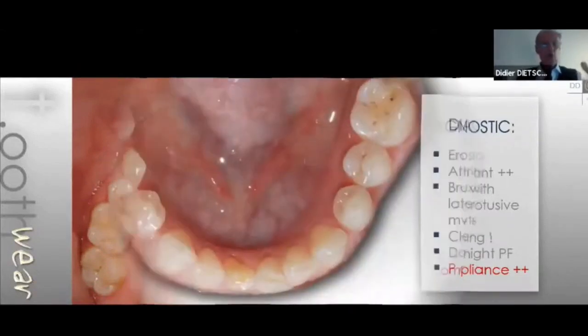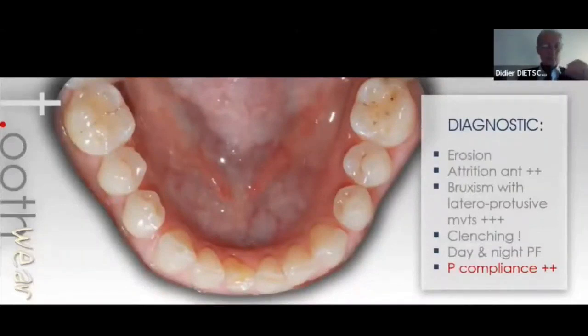If you look at the lower back teeth, we have some flattening of the cusps. You will see on the details of these areas a little bit later that we also have some fractures, not only wear facets, but fractures of marginal ridges. So you might think, but the clenching thing, how can you